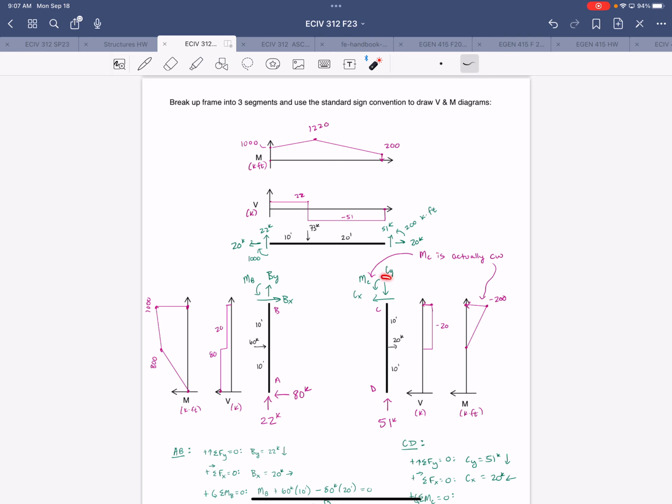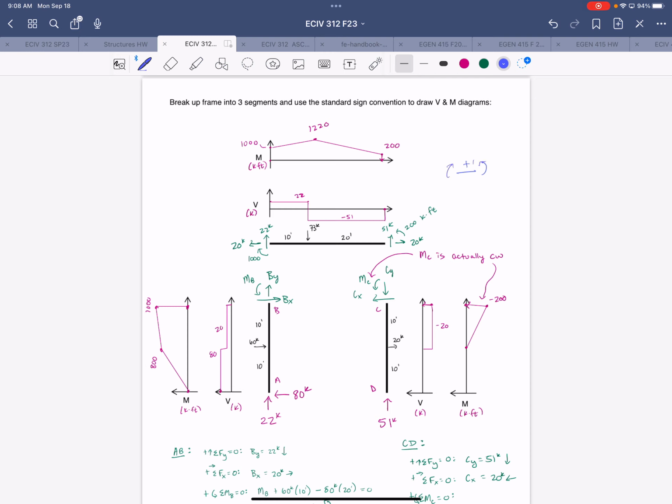And this is actually clockwise, right? So my note: we have a clockwise moment at the top of a column, which is negative for the top of a column. Just because a moment is positive or negative at the top of a column doesn't mean it's going to be positive or negative at the end of the beam. It depends on whether you're looking at the right end or the left end of the beam, according to our sign convention, because